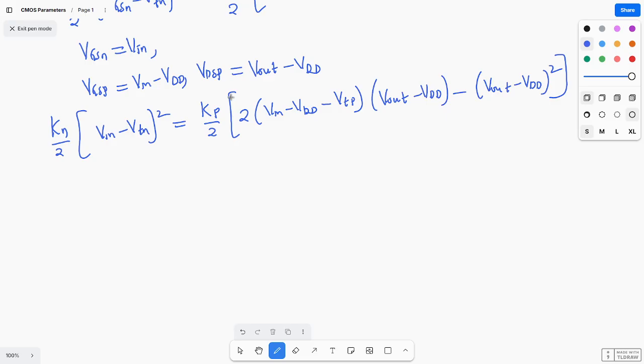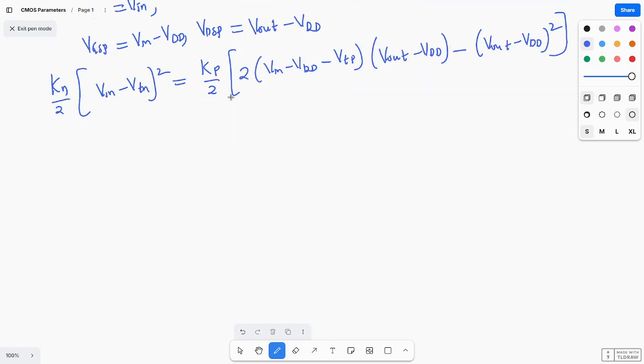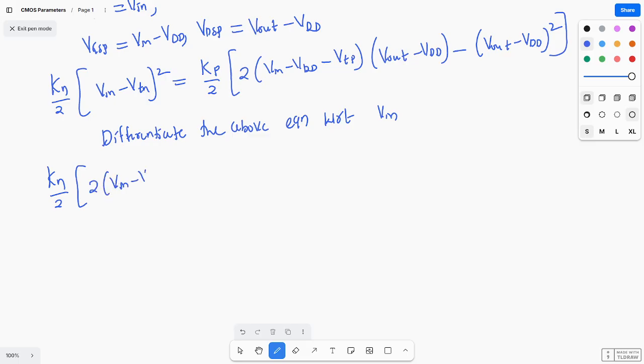Okay. Next, what you need to do, you need to differentiate the above equation with respect to Vin. Why? Because we need dVout by dVin, no? So when I differentiate, what you are getting? Kn by 2, Kn by 2. So here you will get 2 into (Vin minus Vtn), Vin minus Vtn, that is equal to